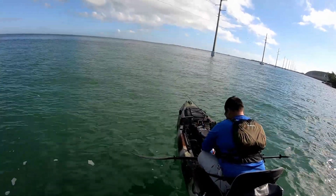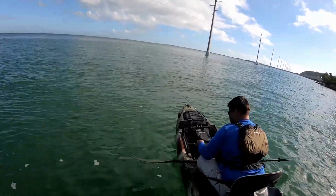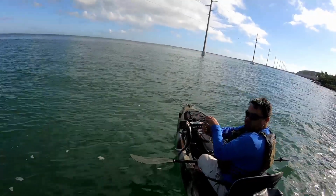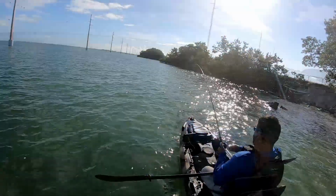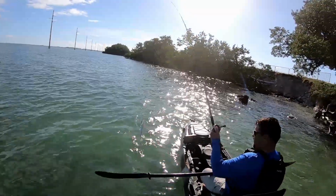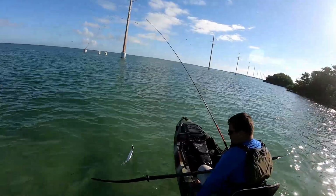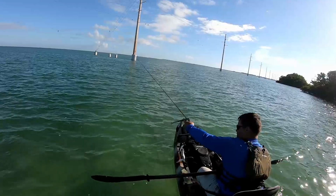Caught a bunch of these, have a few in the videos, but they were everywhere and actually started to become really annoying to catch. They were just biting everything, including some fake shrimp that I was throwing, and their teeth were just tearing them up. So those are not cheap lures to be losing constantly. So here's another smaller Barracuda,